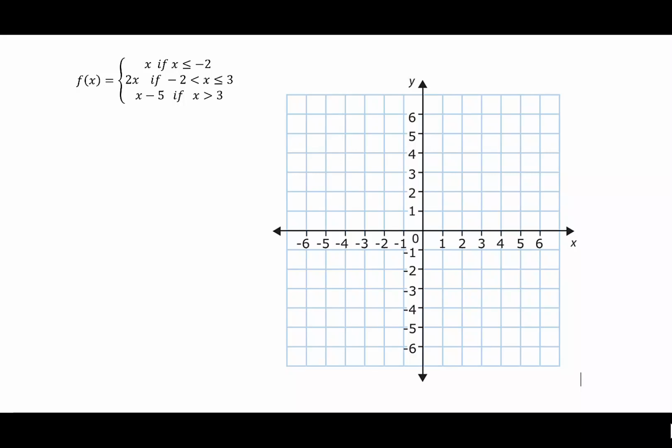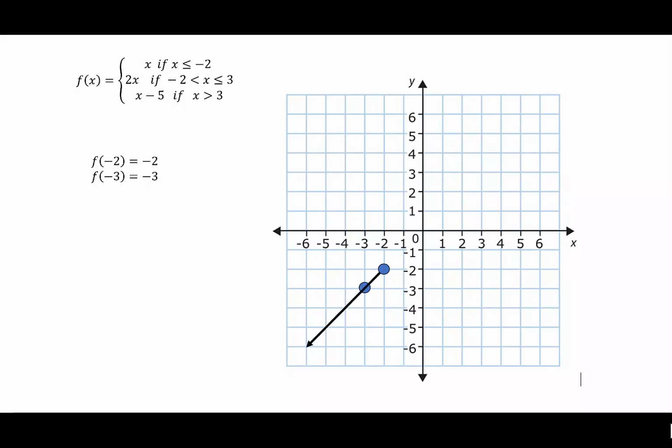We'll start in the first piece where f of x is x when x is less than or equal to negative 2. I'll evaluate f of negative 2 and get negative 2. This says I have a point at negative 2, negative 2. Notice this is a closed dot because I do have equality at negative 2. Then I'm going to put in negative 3. f of negative 3 is equal to negative 3, so I put a second dot at negative 3, negative 3, and then I connect those dots going only to the left